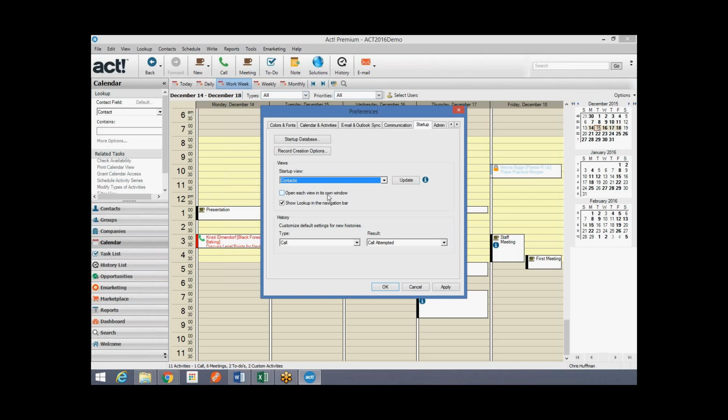They prettied it up just a little bit. They tweaked some stuff in the background, but it is the only version of Act that will be certified and supported for Windows 10. If you have v17 and you go to the latest service pack and the latest hotfix, it will probably work for you, but Act may or may not support you. I think right now they are, but